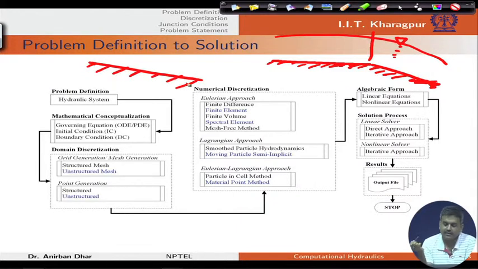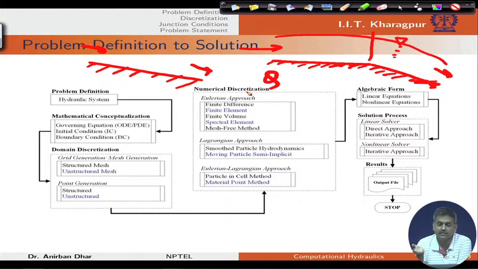In this case, whatever flow is entering into the channel, we are getting the same amount of flow here. So, for a given discharge, we can solve this problem,